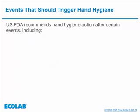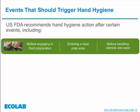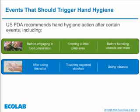Right. So there are specific events that really trigger the act of hand washing. The U.S. FDA recommends that hands are washed after these specific events. So before engaging in food prep or touching produce, before entering a food prep area, and before touching any utensils or cookware. From a personal hygiene perspective, it's recommended to wash your hands after using the bathroom, after touching exposed